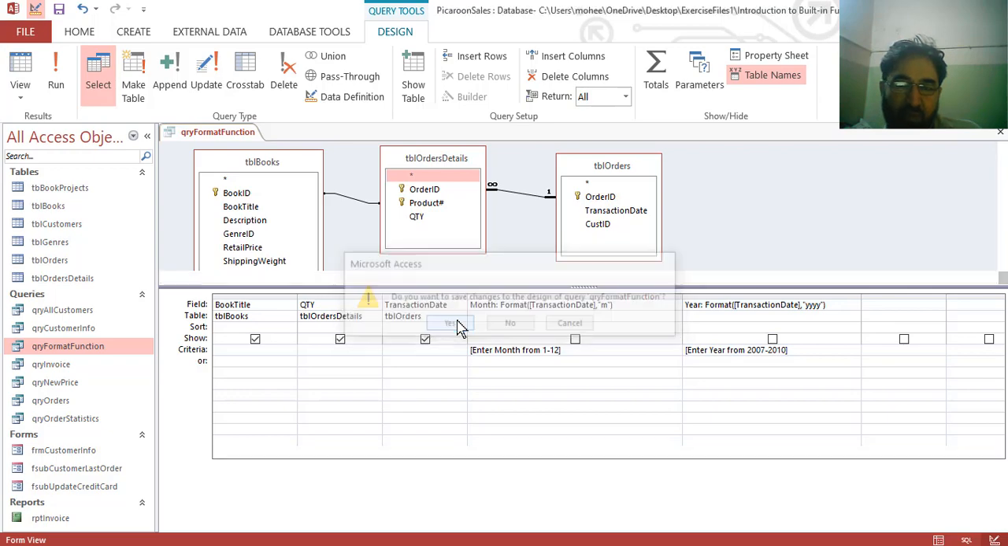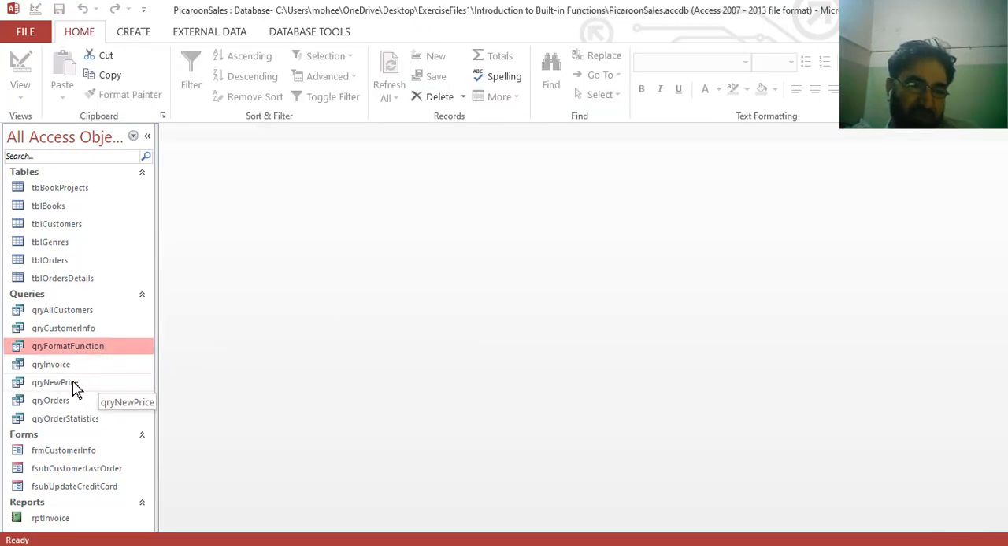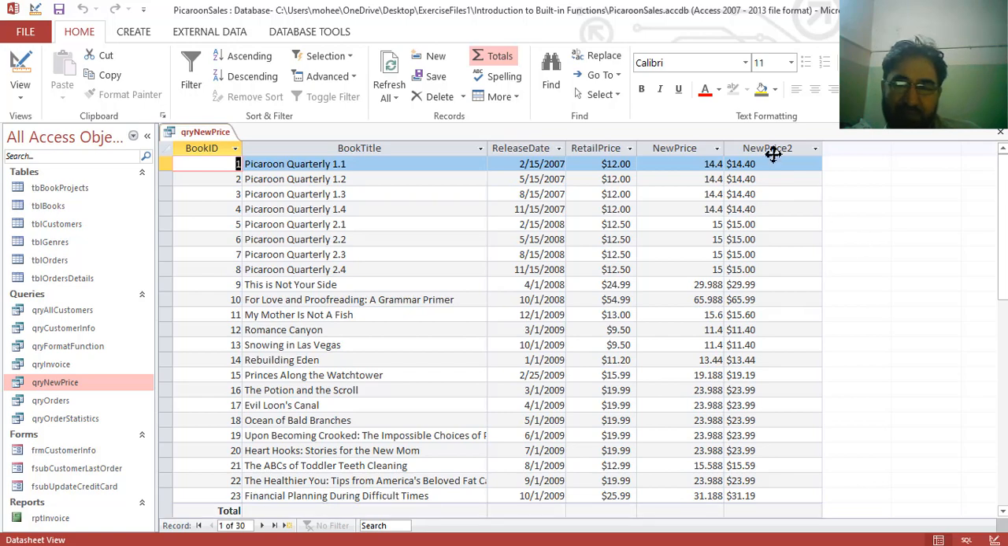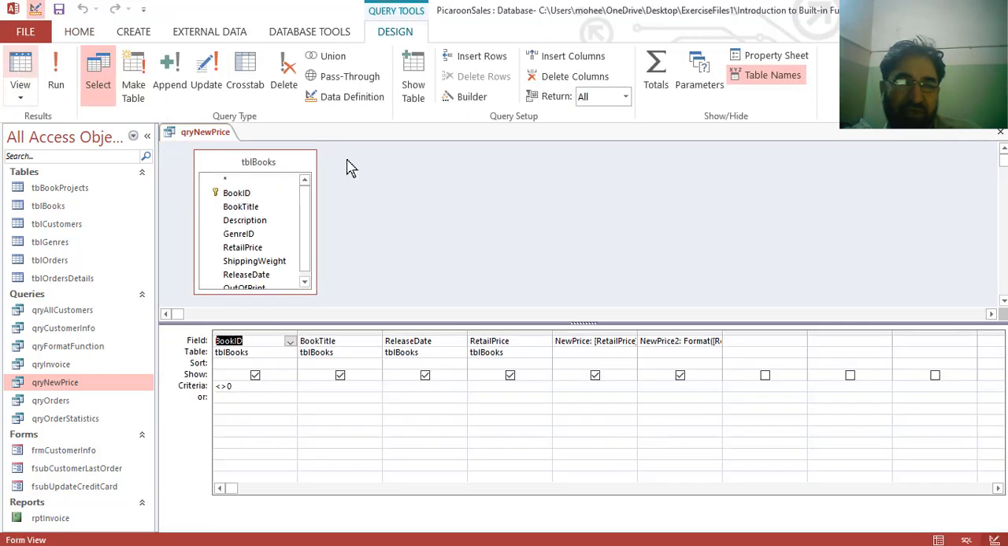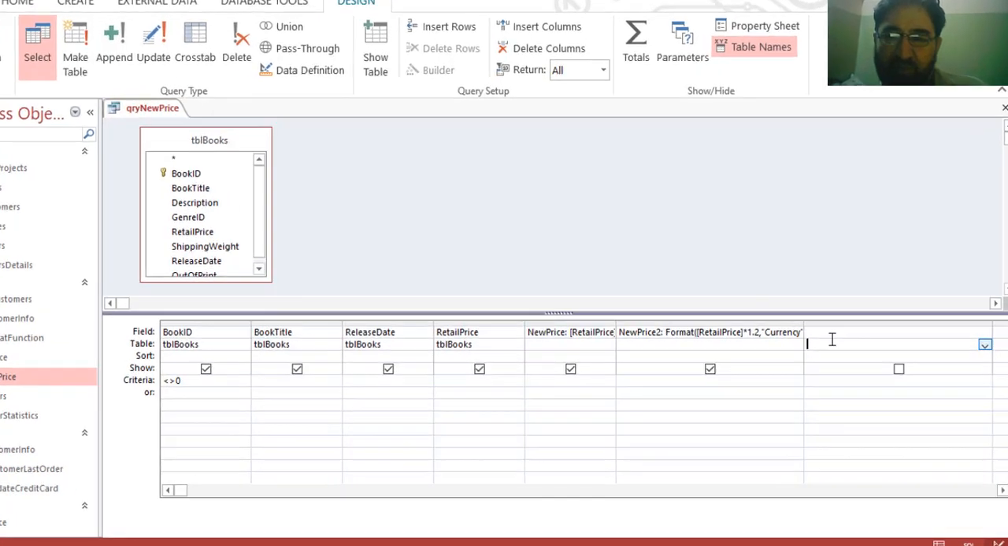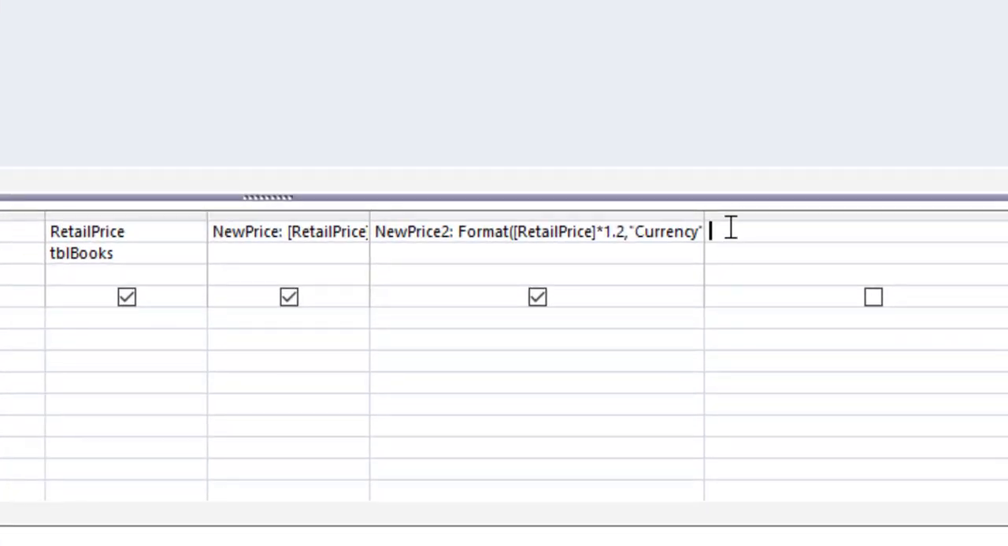So let's close this query and get back to the QRY new price query. As we have used here the format retail price and formatted that as currency, and we can do a little bit more with this. There is also one FormatCurrency function, and let me give the name of the field, new price 3